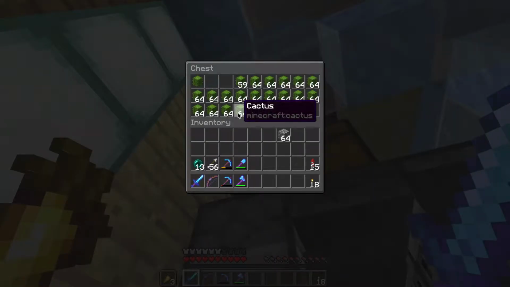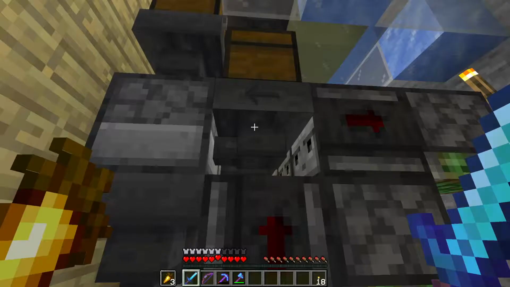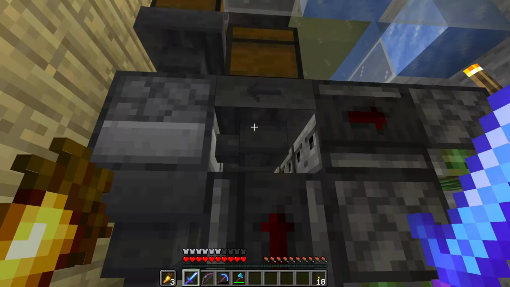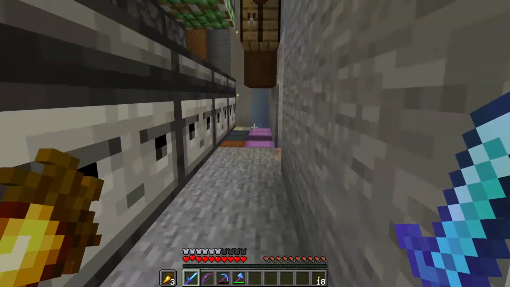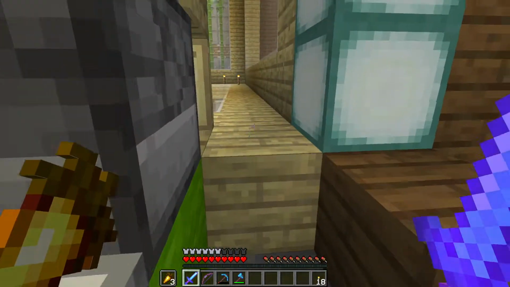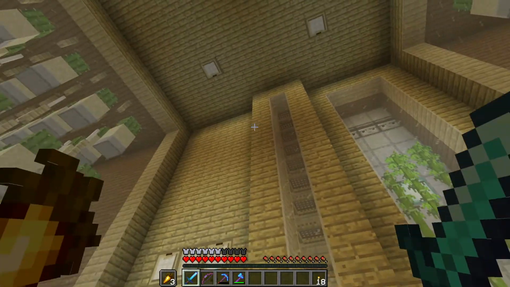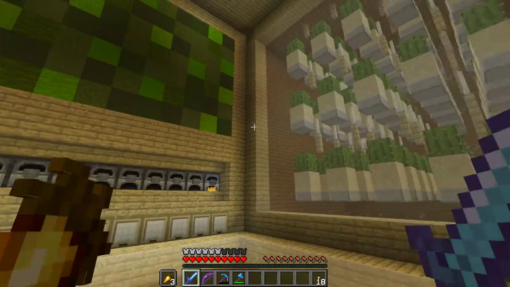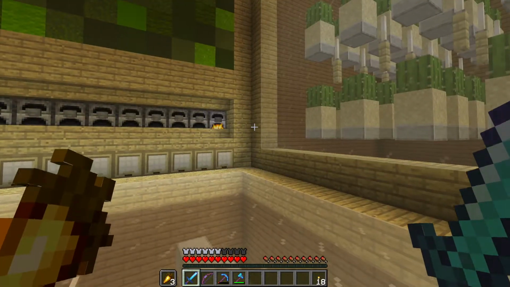So yeah, loads of cactus in there. Not so much bamboo in that one, but we got loads in the hopper though. So we do need to increase bamboo production, which is what this change is all about. So yeah, I'll get that done, and I'll bring you guys back in just a second. While I do that,